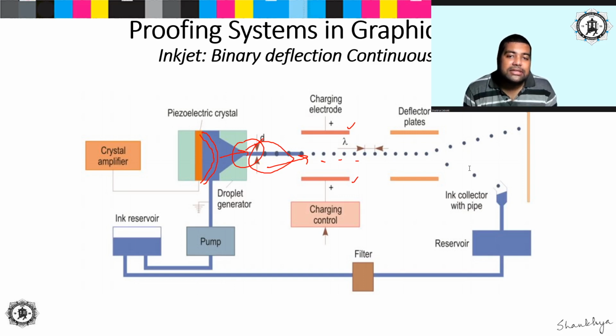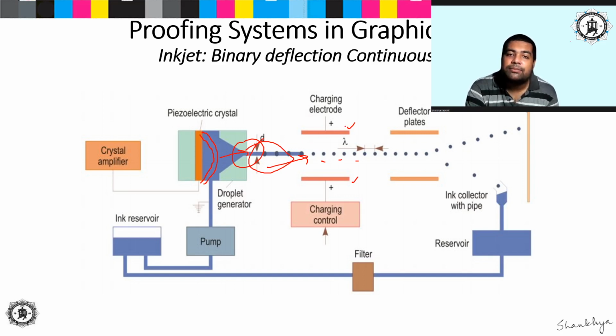Now, as soon as you can see over here that whenever these charges are being deployed onto these particles, these ink droplets get the charge. There are the deflector plates which have charges opposite to that of the droplets, depending upon the requirement. So these deflector plates may have opposite or same, that depends on what type of image information is there. The main function of the deflector plate is to guide the stream of ink droplets coming out from the ink nozzle towards the paper.